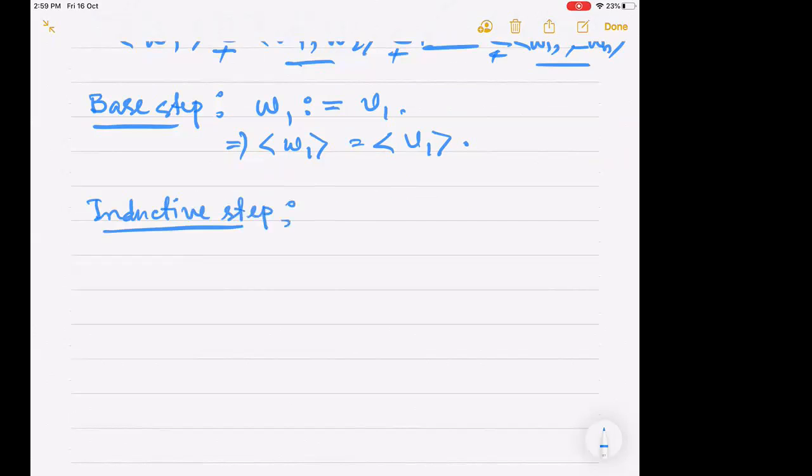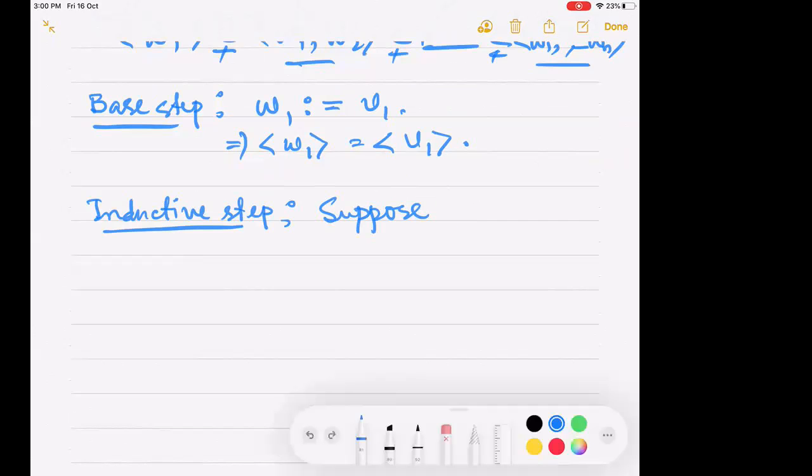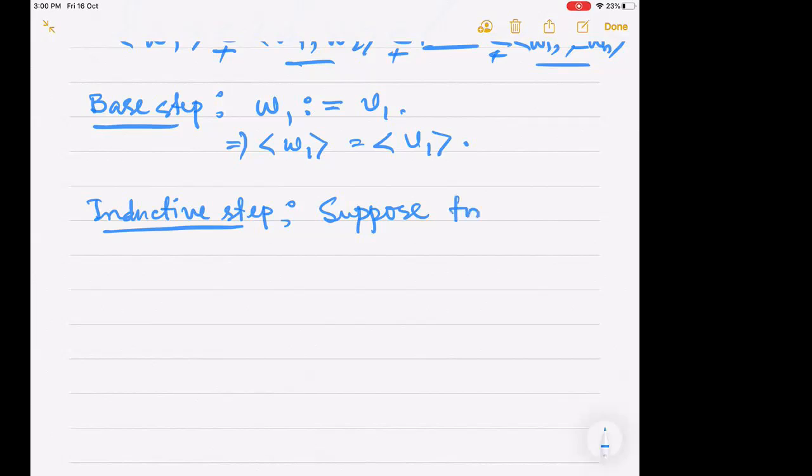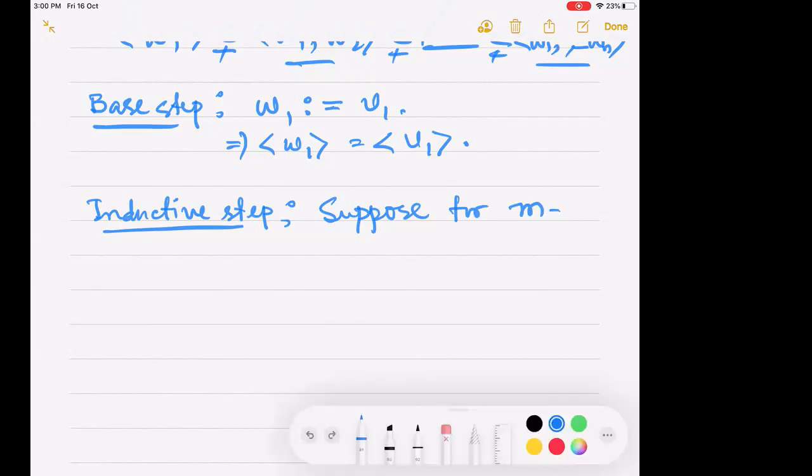So suppose the theorem is true for m, we have to show that this is true for m plus 1. Suppose for m, that is, m satisfying